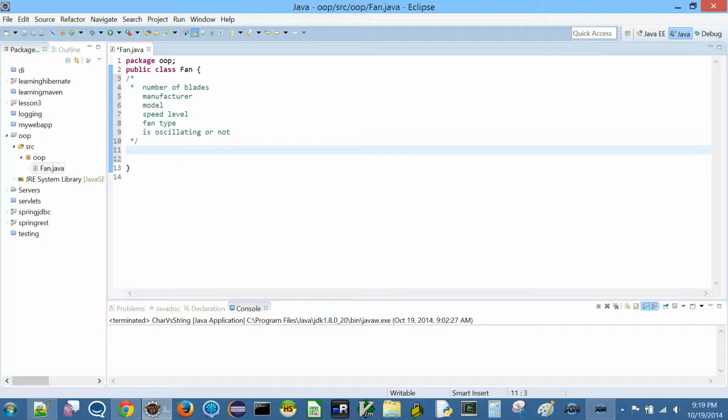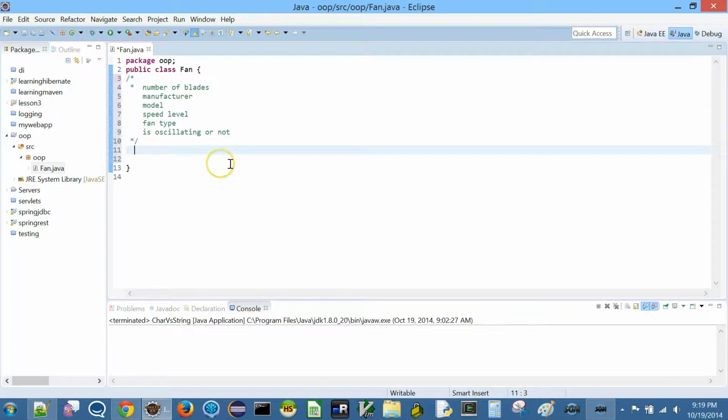All right. So now I'm going to make number of blades a variable. Initially I'm just going to use public everywhere. Public is one of what is known as an access modifier. What we mean by access modifier is who has access to any of the things we have. For example, here we said public class fan, right? Public means anybody can access. Now who is anybody? Anybody inside this project for now, okay? And there are other access modifiers like public. We have a few others. We'll see them as we go forward.